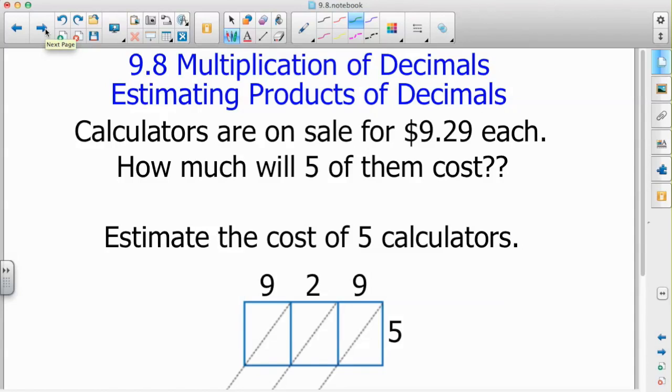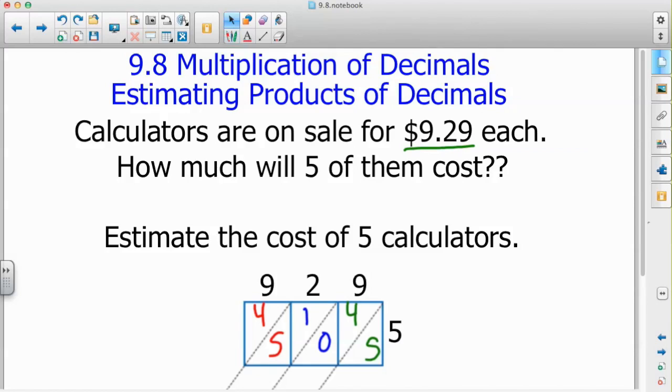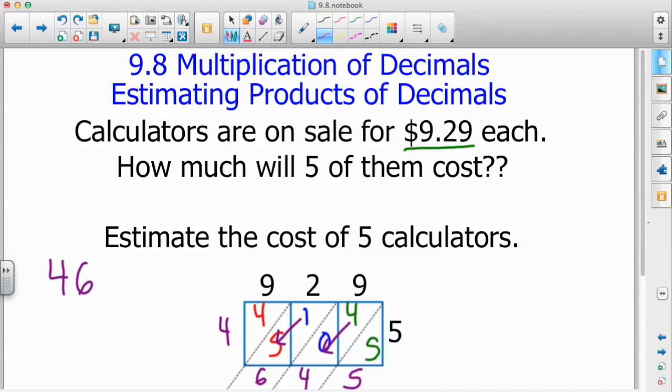Some of you prefer to multiply using the lattice method. Now I'm going to show you how we solve multiplication of decimal problems using the lattice method. Notice how, again, we purposefully leave out the decimal point, and we simply multiply this problem as if it were 929 times 5. 9 times 5 is 45. 2 times 5 is 10. 9 times 5 is 45. And when we add up our partial products, we move our 5 down. 4 plus 0 is 4. 1 plus 5 is 6. And 4 is simply moved over to 4. So we get our final answer of